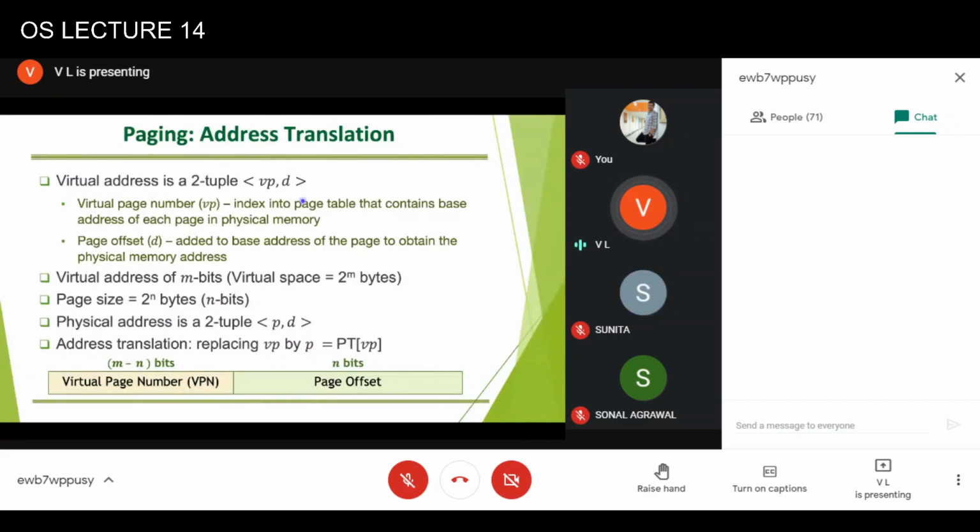So this offset will depend upon the size of the page which has been allocated. So if the page size is 1024 bytes, it means we need to reserve 10 bits for the offset. And for the virtual address, whatever the virtual address space, we will determine the number of bits which will be required to specify this virtual address space. So the virtual space will be considered as 2 raised to power m bytes, that is the nearest 2 raised to power m bytes.